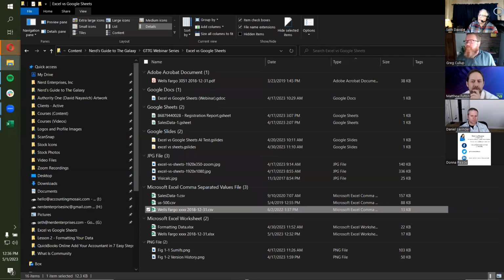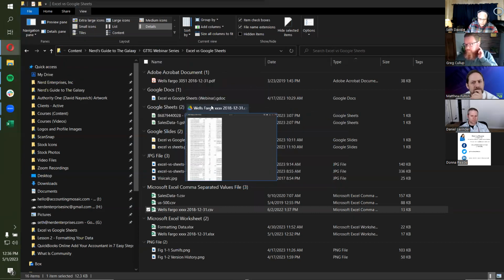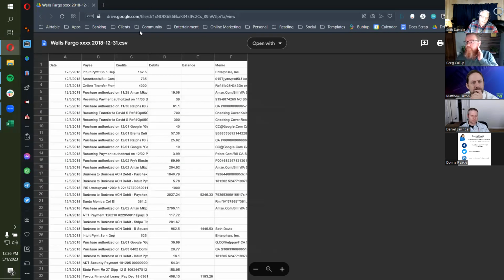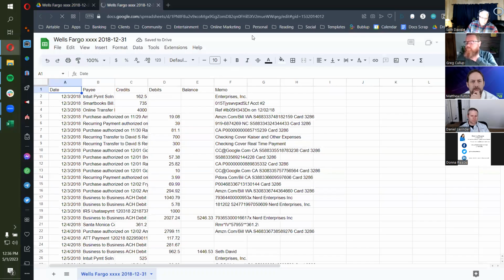If it was an actual Excel file, it would have invited me right away to open it with Google Sheets. So this is a generic preview screen. Now I say open with Google Sheets. And now I have it open in a Google Sheets format, right?